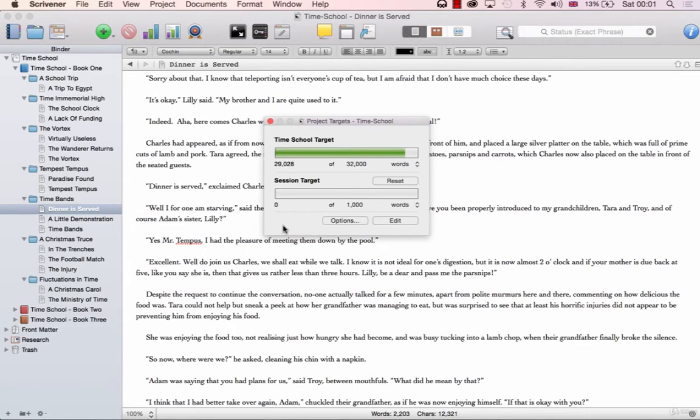Project Targets basically allows you to set the number of words, characters, or pages that you aim to achieve for either the whole draft of your book or just for that current session. The title here reflects the title that you have chosen in the main folder of your binder. I think this defaults to draft or perhaps manuscript depending on the template you use, but as you can see I have changed the name of my folder to Time School, and thus Time School is also written here in